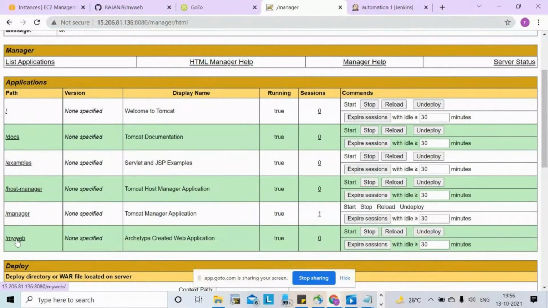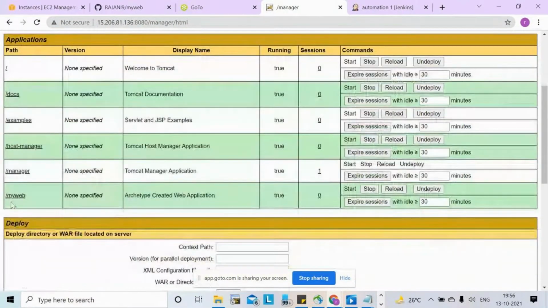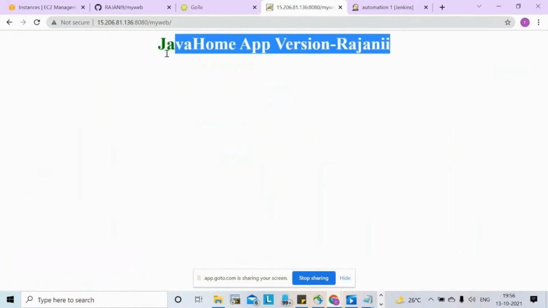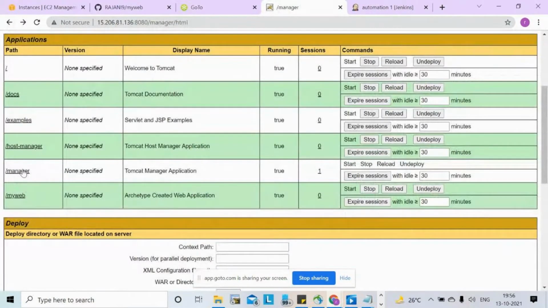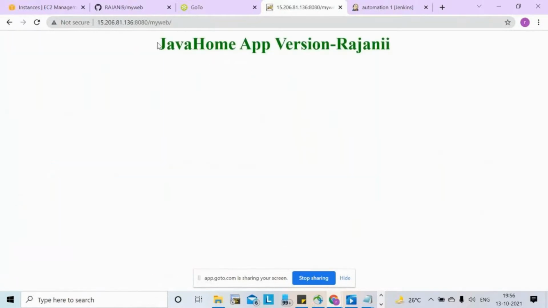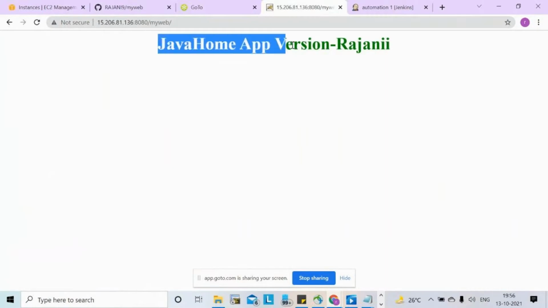In all my folders, my web will be there, right? Many folders were there, and all will be deployed to the server. See, example, docs, where you have all the Tomcat documentation, host manager, manager. In this my web, we have our code, that is print of HTML, Java home app version.